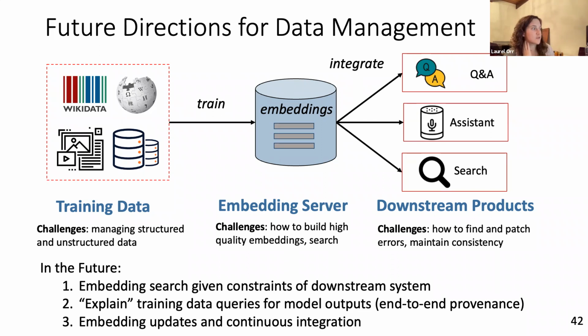And also this notion of explaining or provenance of the end result back to the training data. Especially if you're working through an embedding, there's that added twist of understanding: is the issue something local with the model, or is it something back with the training data for the embedding itself? How do you help a user figure out what errors need to be fixed? Because right now it's very manual and not great. It's a problem.